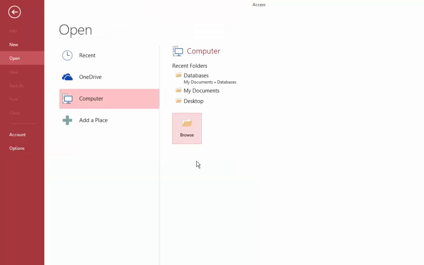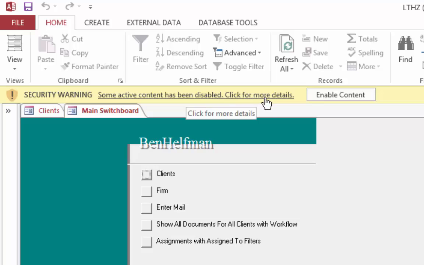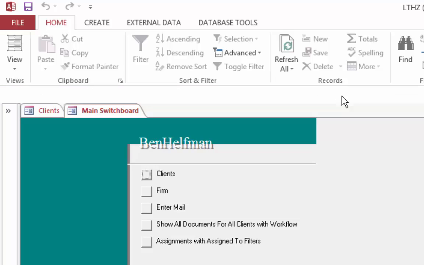When I open it, it's going to give me a security warning here. The first time I set up a new user for using the database on the RDS server, I'm going to get this enable content security warning, and what it's telling me is that the code which has been written inside of this Microsoft Access database has been disabled because it hasn't been given a trust setting. So I'm going to click enable content right there,